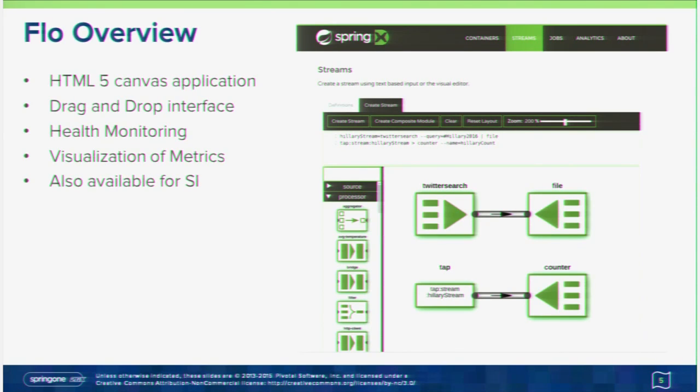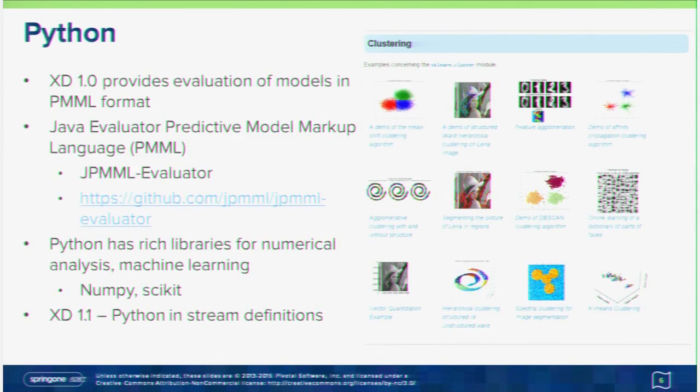The author right there, one of the main authors, Andy. It's an HTML5 canvas application. You access it inside the XD admin console. You can drag and drop, like you've probably seen with other integration products, sources and sinks from the left-hand side, and put them on the palette. You get health monitoring of your stream, visualization of metrics, and it's also expanding out so that you can use it, for example, with Spring Integration, but not have it in XD. So it's in the process of spreading out to other parts of the Spring ecosystem. And so what I'd like to do is